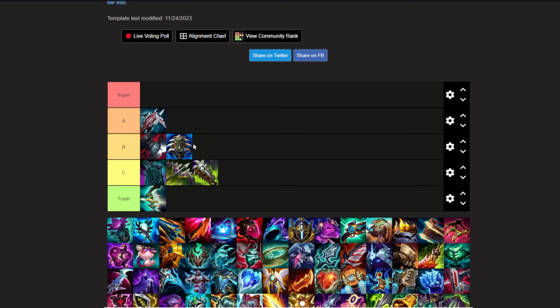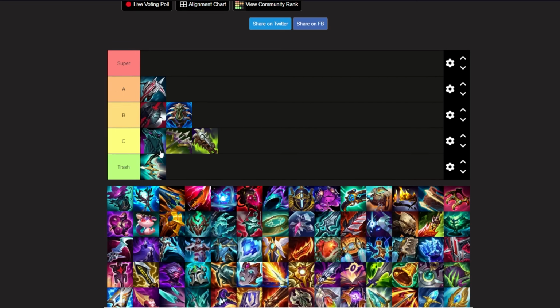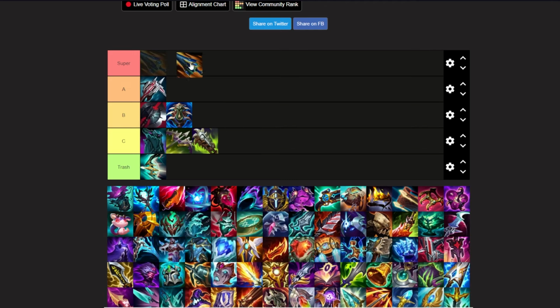So overall, I will put it into low B for now. The execute is really nice on it though. This we skip, this we skip. Sunder Sky, I'm actually gonna put Sunder Sky into S. I've been experimenting a lot with Sunder Sky, and I think it is...